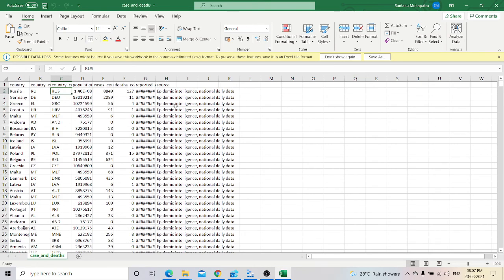After the population, here it is given the cases. Note that this data set is based on old data, so it is not updated. You may get varying cases, so don't refer to it for current cases. These are the count of cases and these are the count of dates. If you have taken the reference from that particular GitHub file, then our data is the same, so we will get the same output.